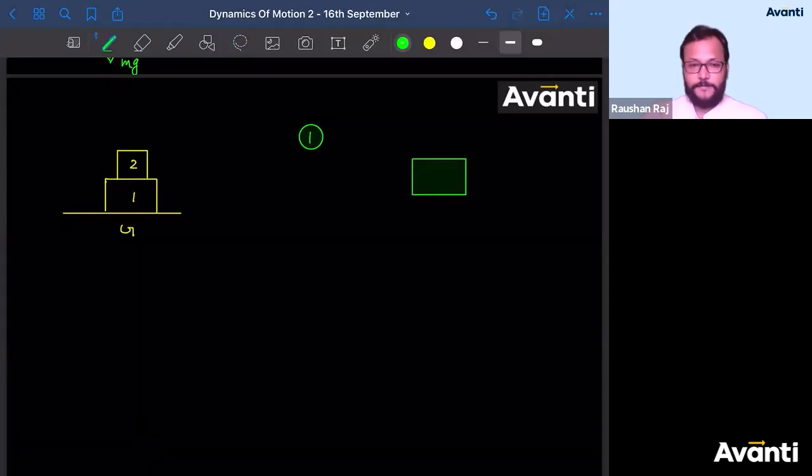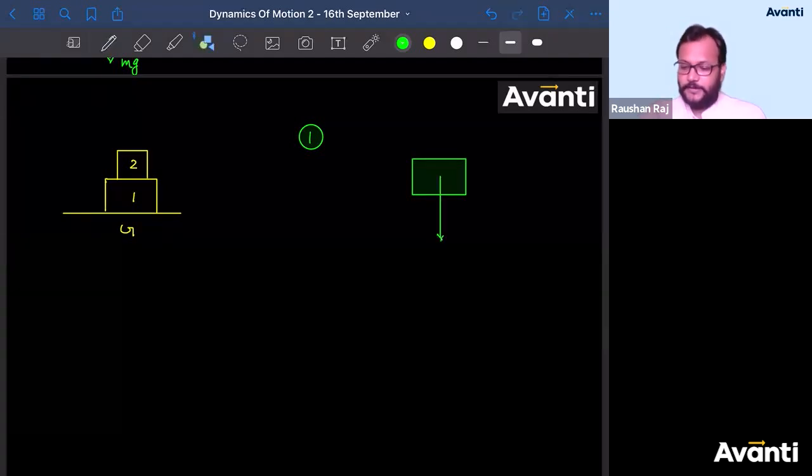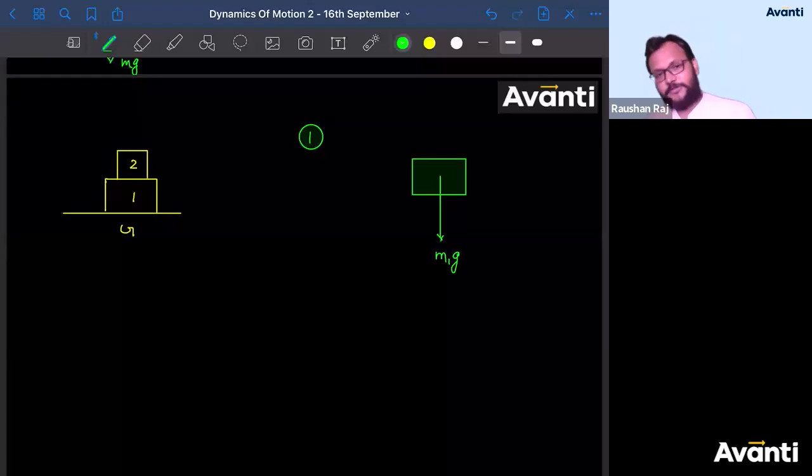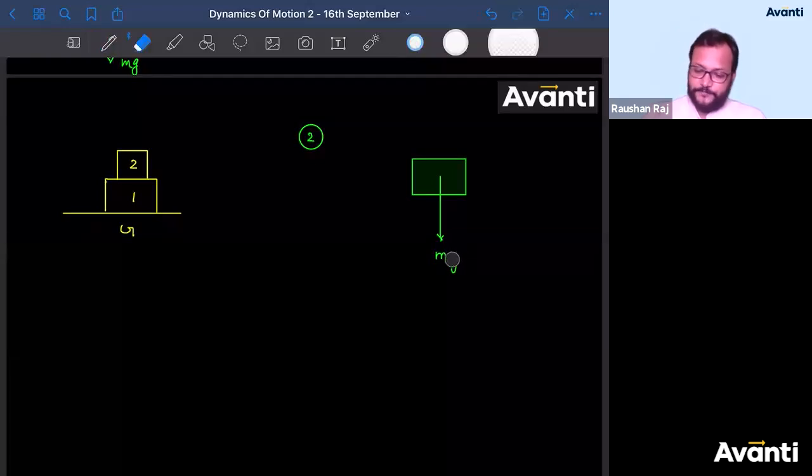ये हमारा first block हो. What are the forces that will act? तो पहला तो लगेगा धरती माँ का प्यार, नीचे लगा देना है. What is that बच्चा लोग? तो M1 into G. Mass of the block 1 is let's say M1. तो M1 into G is the force of gravity. अच्छा बच्चा लोग ध्यान से देखिएगा, थोड़ा सा ट्रिकी है. अब पहले 2 का करते हैं यार. Let us first go with 2 because आसान है. Okay, चलिए. So force on 2 due to earth will be M2G, right? क्या लिखेंगे बच्चा लोग? M2 into G.